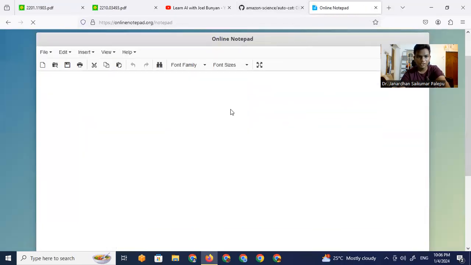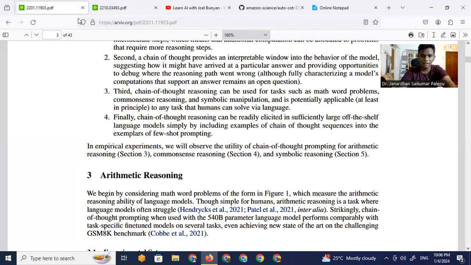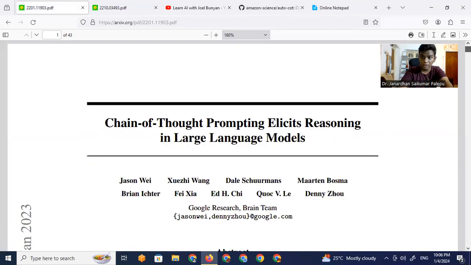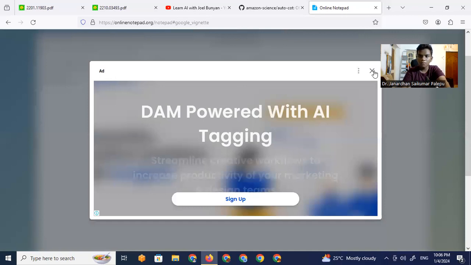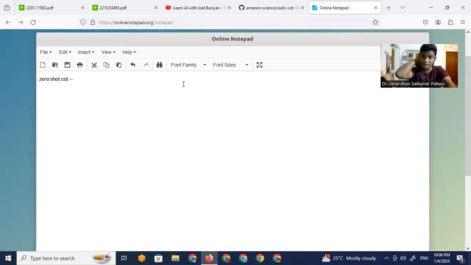So in zero shot chain of thought prompting, we are not going to provide any completions like we did here. Here we have provided the model with one completion that we already have. In zero shot chain of thought prompting, we are not going to provide the model with any completions. It is just going to be the question. We are just going to provide the question directly, but we are going to add a little text here, and the text goes like this: Let's think